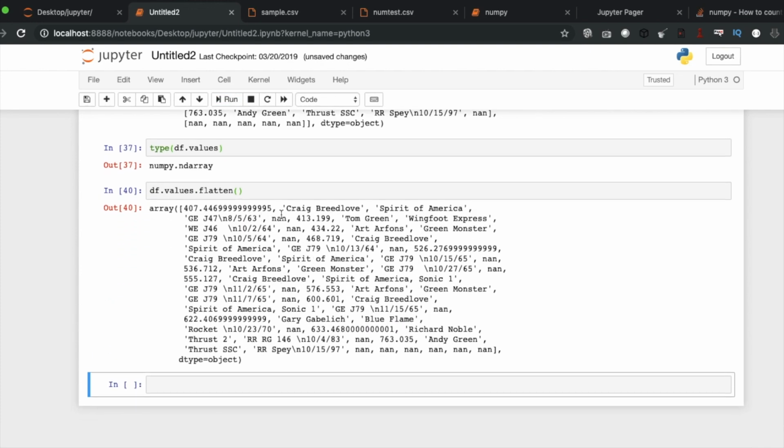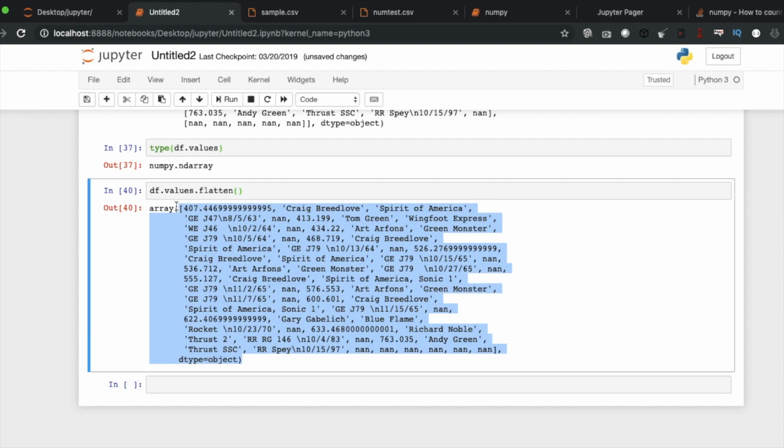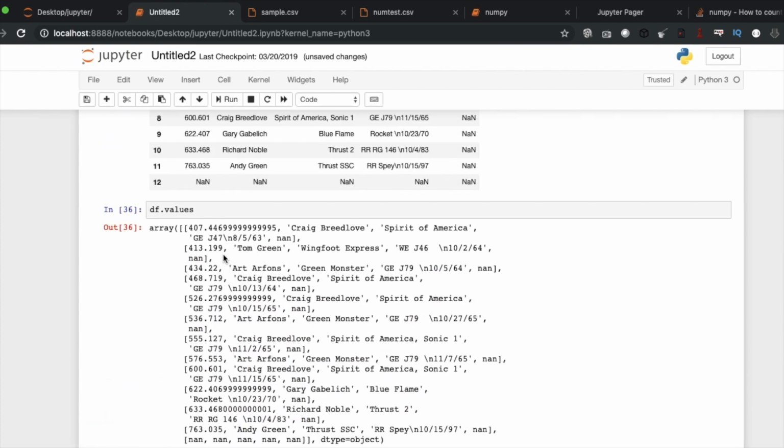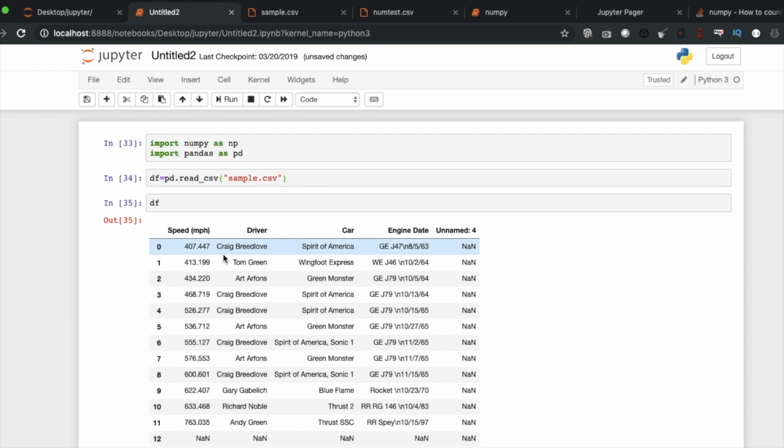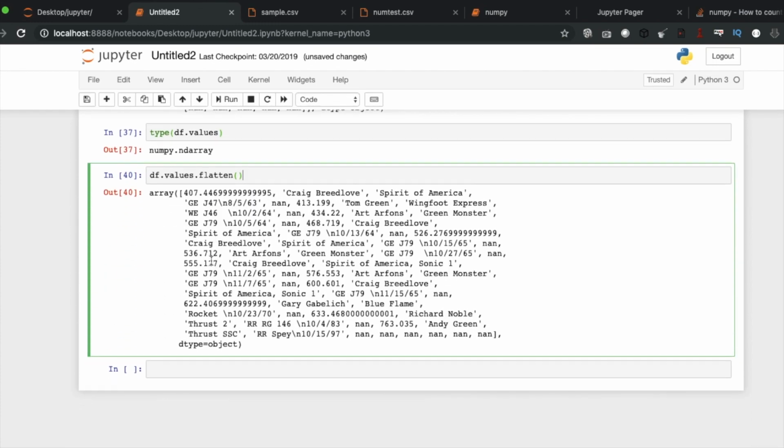See, it's becoming a single array. So everything is related to NumPy arrays. If you look at things very closely, you'll be able to understand.